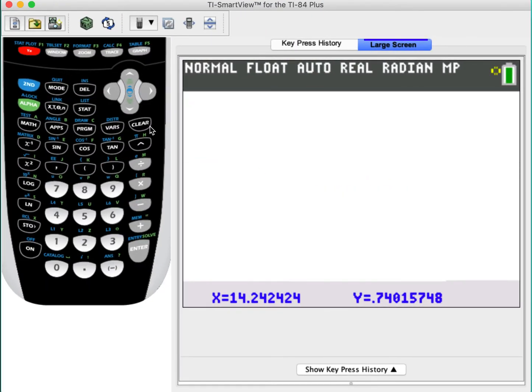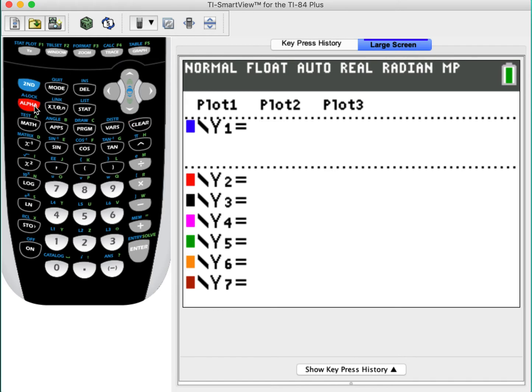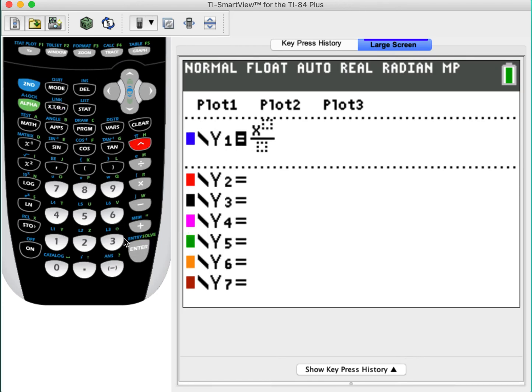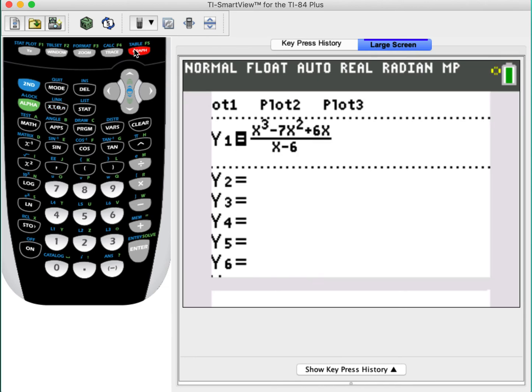So if I go to y equals, I'm going to clear out what I got, alpha f1. And so what do I got? I got x to the third minus 7x squared plus 6x. What happened here? Got in the bottom somehow. And then in the bottom, I would have x minus 6. All right, if I graph this one,